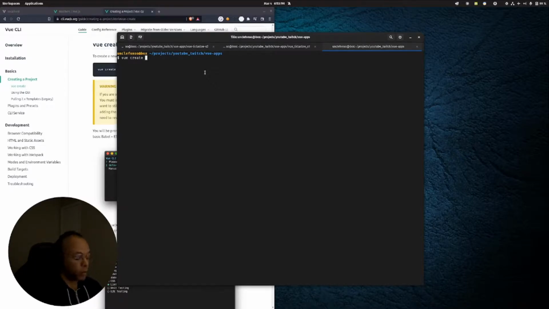Vue create. What was the name of the convention I had before? Tic-Tac-Toe. All right, cool. So we'll say Vue Tic-Tac-Toe, and this is going to be the third iteration. Okay. That should open up the Vue CLI interface, and I already have a dedicated ESLint option that I